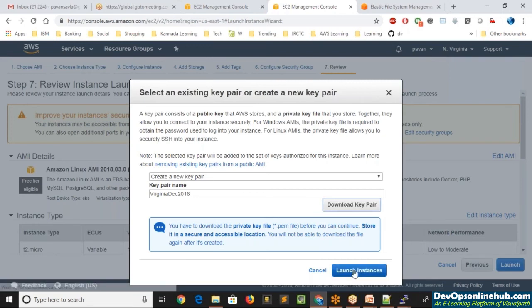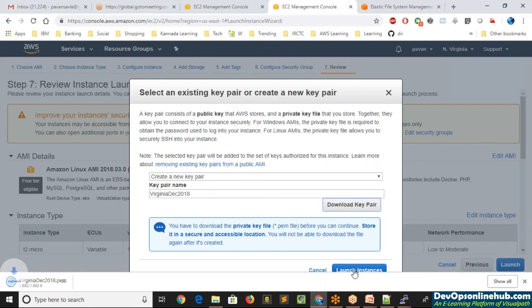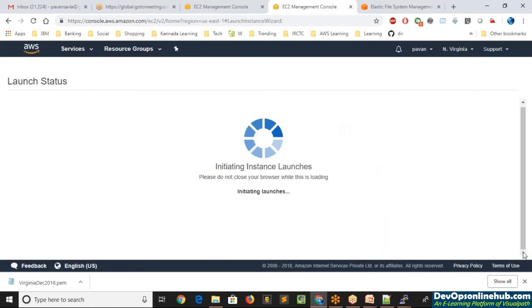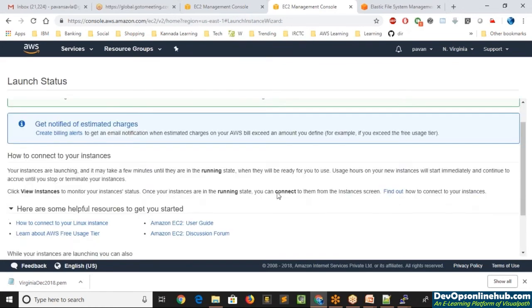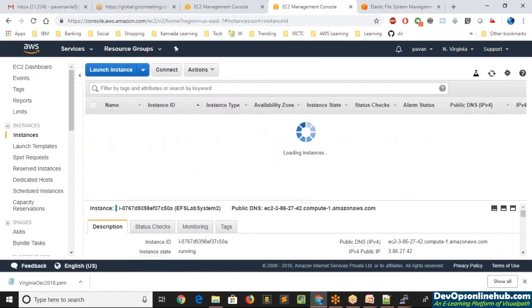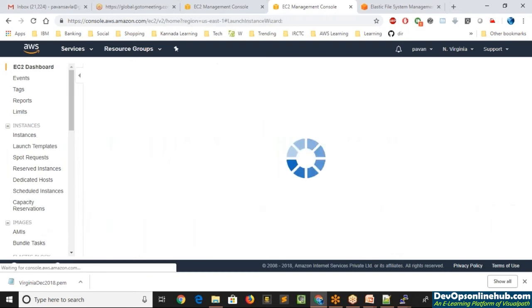There we go, the key pair is downloaded. And I'll quickly launch this instance and create one more EC2 instance, which is going to be a part of a separate availability zone as well. I'll be a little quick in launching the instance here.